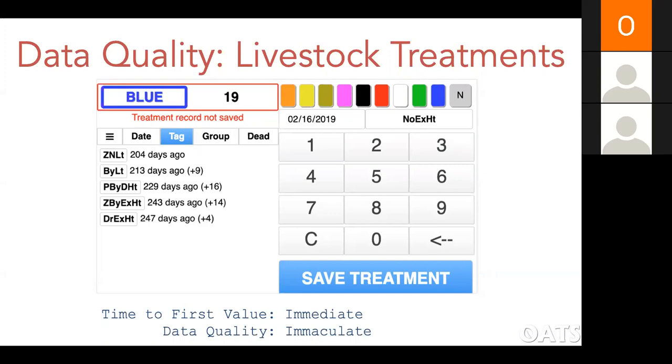So I just wrote a little open source app here for tracking antibiotic treatments, where you type in their ear tag number to see what they've had historically. All you've got to do is hit save treatment from that point, and you instantly get the record for that calf being treated and what he got. And so because the value that I get out of that data is immediate, it's while the calf is standing there and I'm trying to figure out what